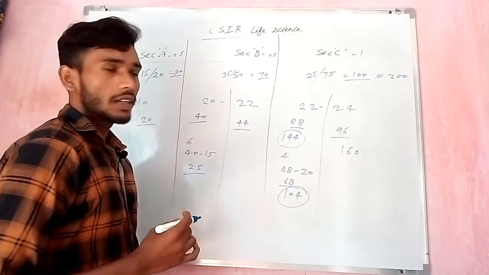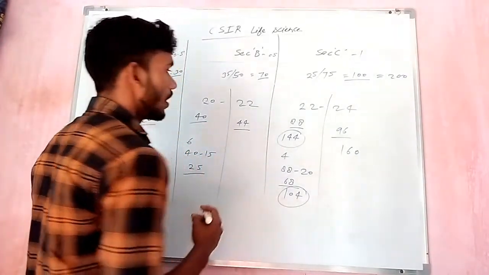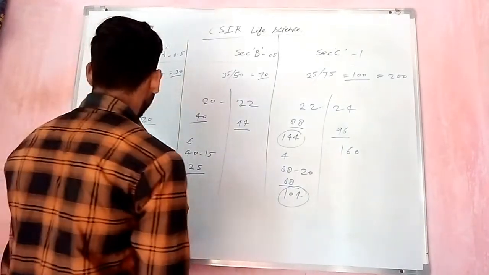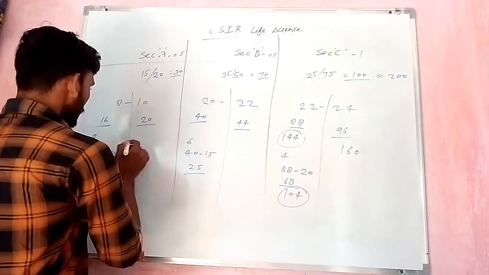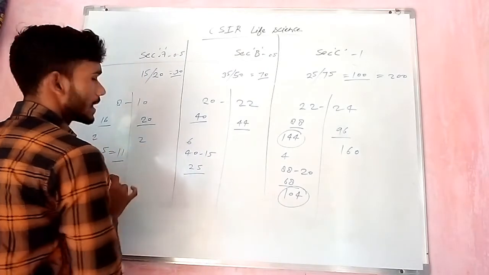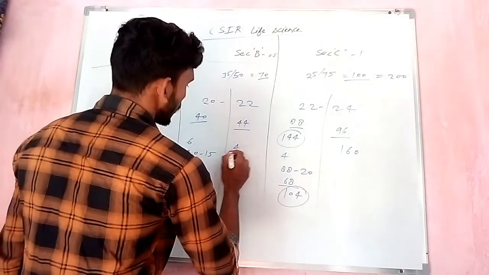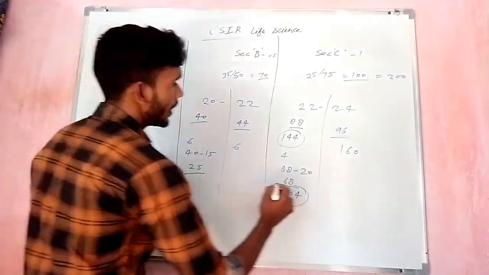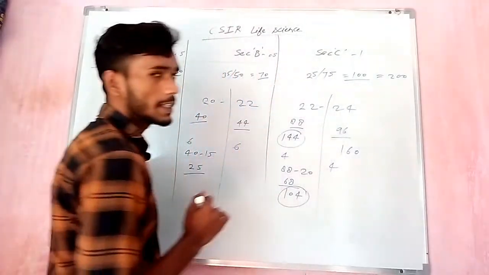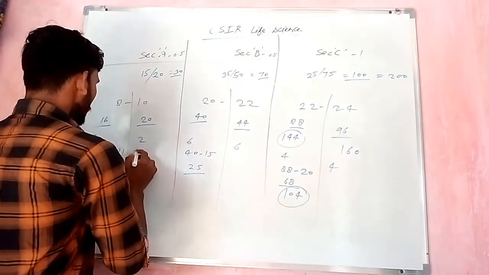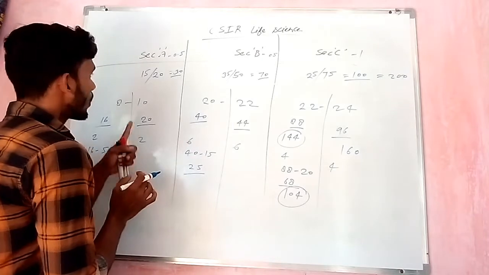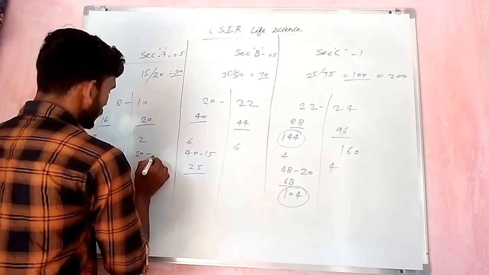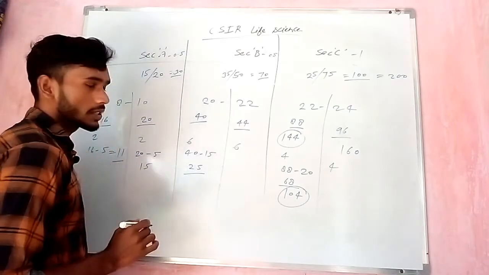But the same thing applies here: all of the answers will not be correct, some of the answers will be wrong. Say 2 are wrong in section A, 6 wrong in section B, and 4 wrong in section C. In section A, 2 wrong, 2 twos are 4, and 1 for the 2 wrong answers. 4 plus 1, 5. 20 minus 5 is equal to 15 marks.